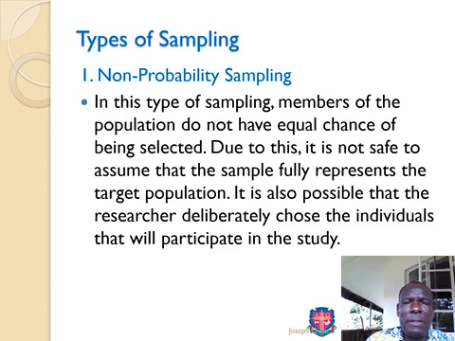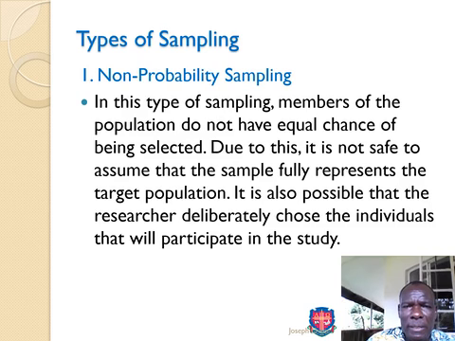Now, as we said before, there are two types: non-probability sampling and probability sampling techniques. Today, we are going to handle only the non-probability sampling techniques. And then in our next class, we are going to handle the probability sampling techniques. So let's begin with